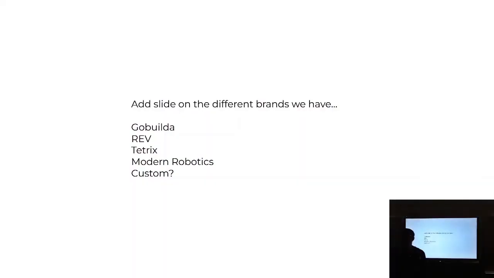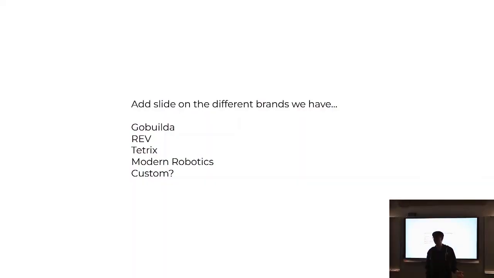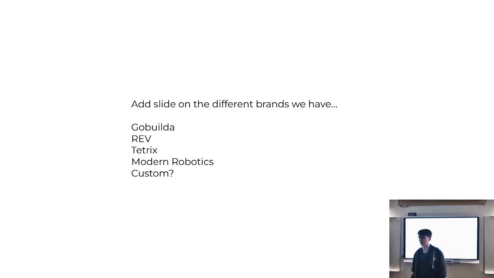So first off, we need to talk about the designs you can integrate into. Brands that we've used in the past are GoBuilda, Rev, TimberX, and Modern Robotics. We have used many GoBuilda parts for our robot and chassis. We've modeled everything on CAD, and it's good for modeling 3D designs that we can use, like for skirts, so we can model it and actually see how it works on the robot and with actually real integrated parts from